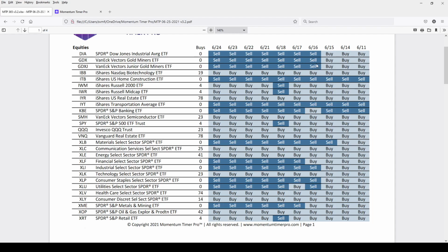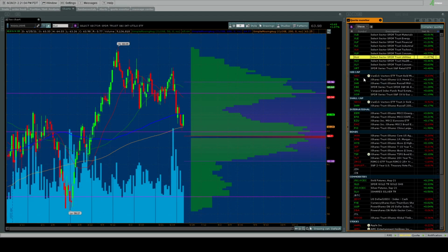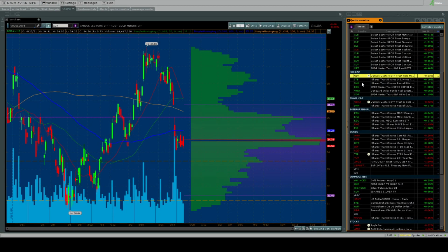Starting on 6/16, you've seen this string of sell signals start to build. And let's take a look at what that chart has to say, because it can't be pretty. So let's see what happened here. Wow, look at that. GDX blasted through support here at 36. I mean, just drove right through it, hit into this volume support, and now volume support is acting as volume resistance as price stays